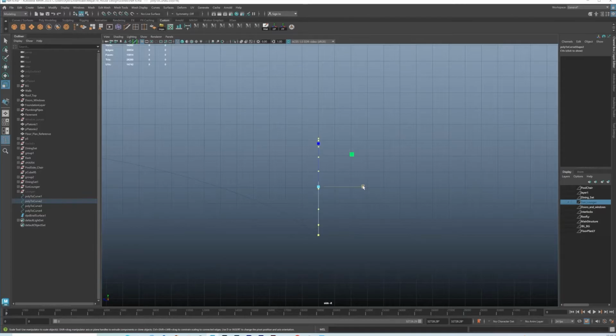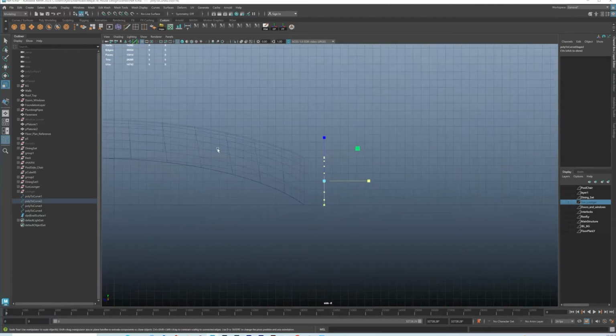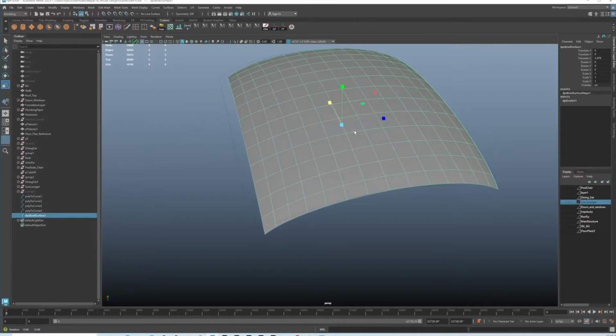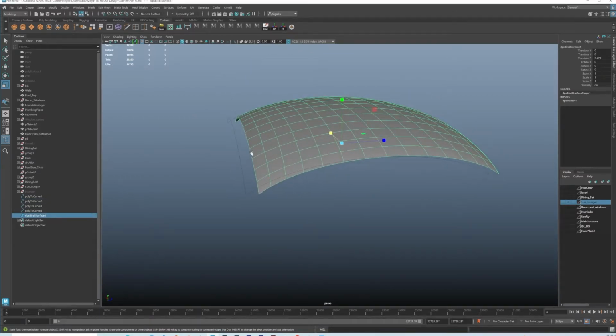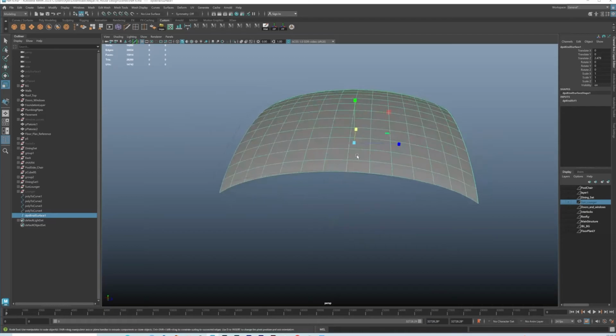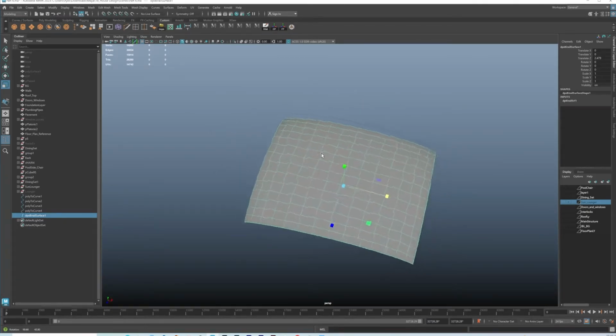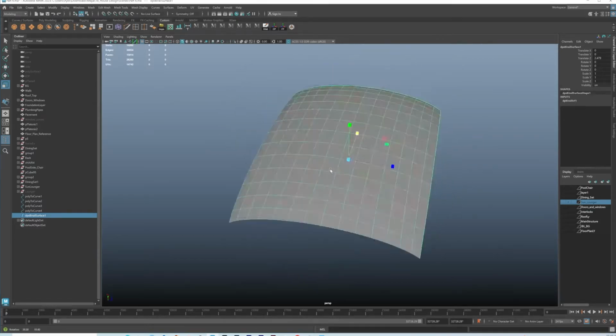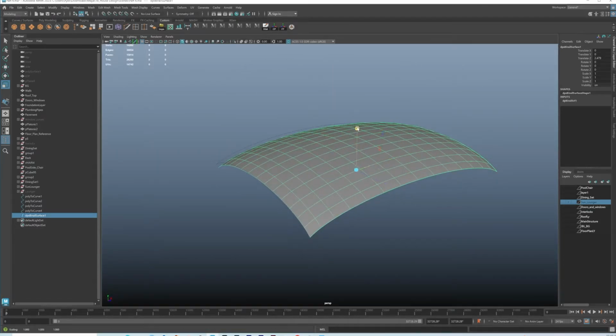Okay, you can see when I try to align this one more properly, our surface here is formed, but there's a bit of an offset here, but that is fine because we don't really need it. So what we need to do now is grab this surface right here, and